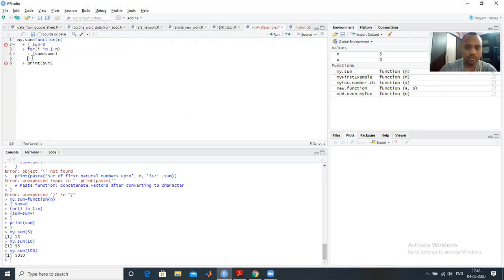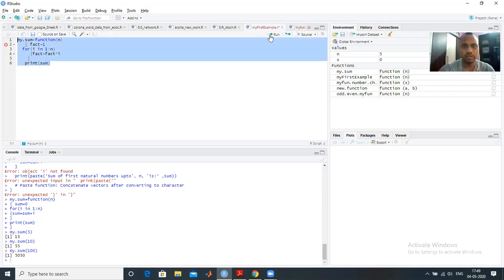So I remove this plus sign. So I take fact equal to 1, and fact is multiplied by i.